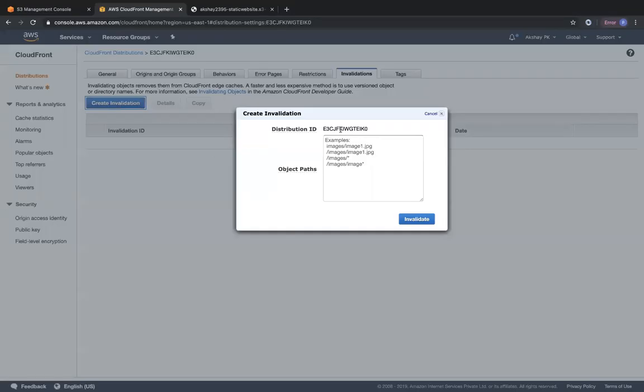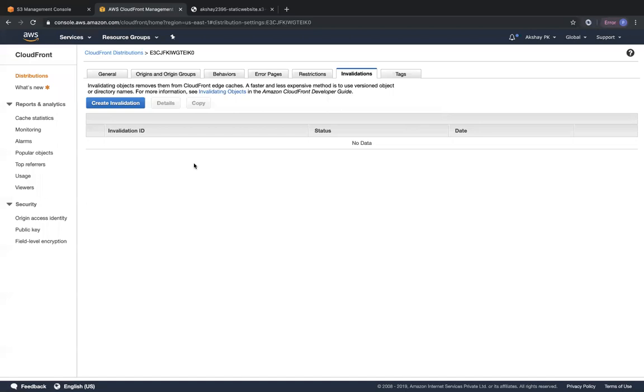So I'm going to create an invalidation. To remove everything, you can just specify slash and star. It's going to remove all the objects in all your edge locations. If you want to specify a particular prefix, you can specify it with slash and star. So I can say the books prefix, and then slash and star. So all the objects that are within the books prefix will be deleted from all the edge locations. So you can create your own invalidations, but for each invalidation, you are charged.